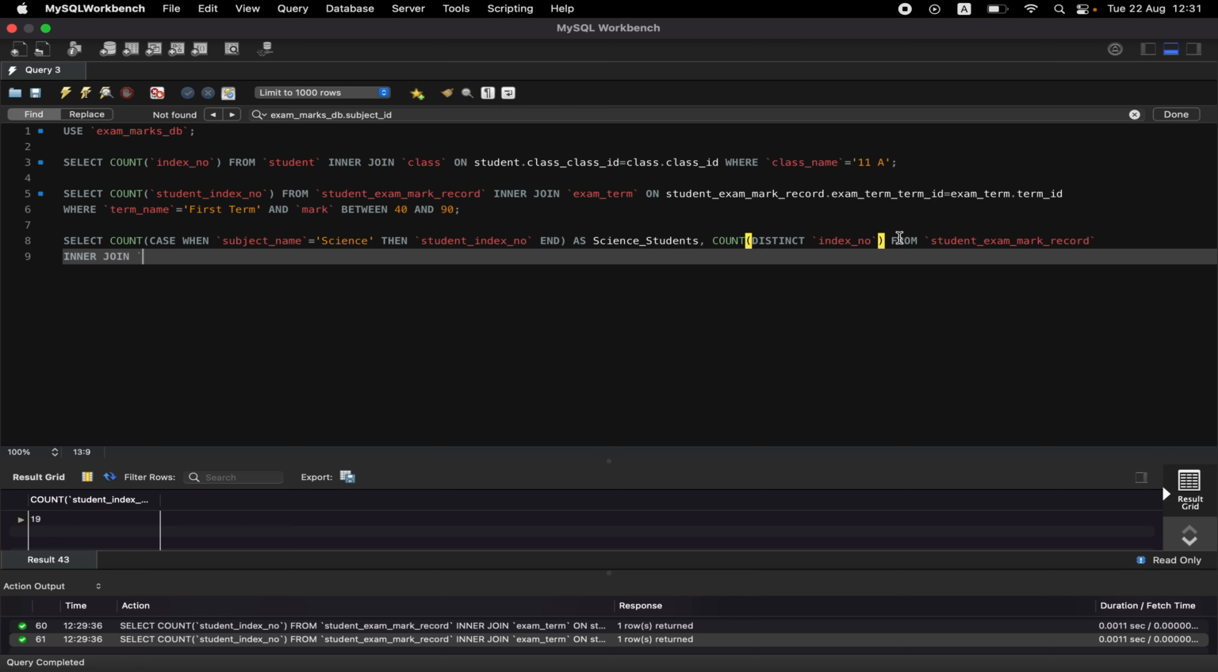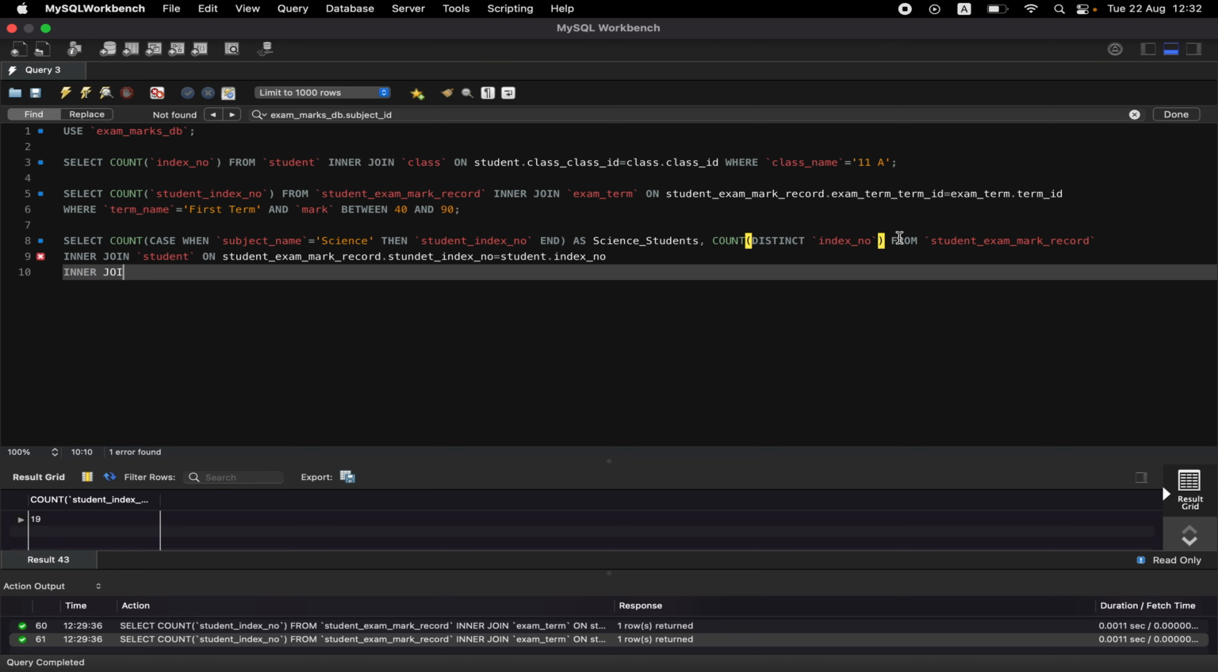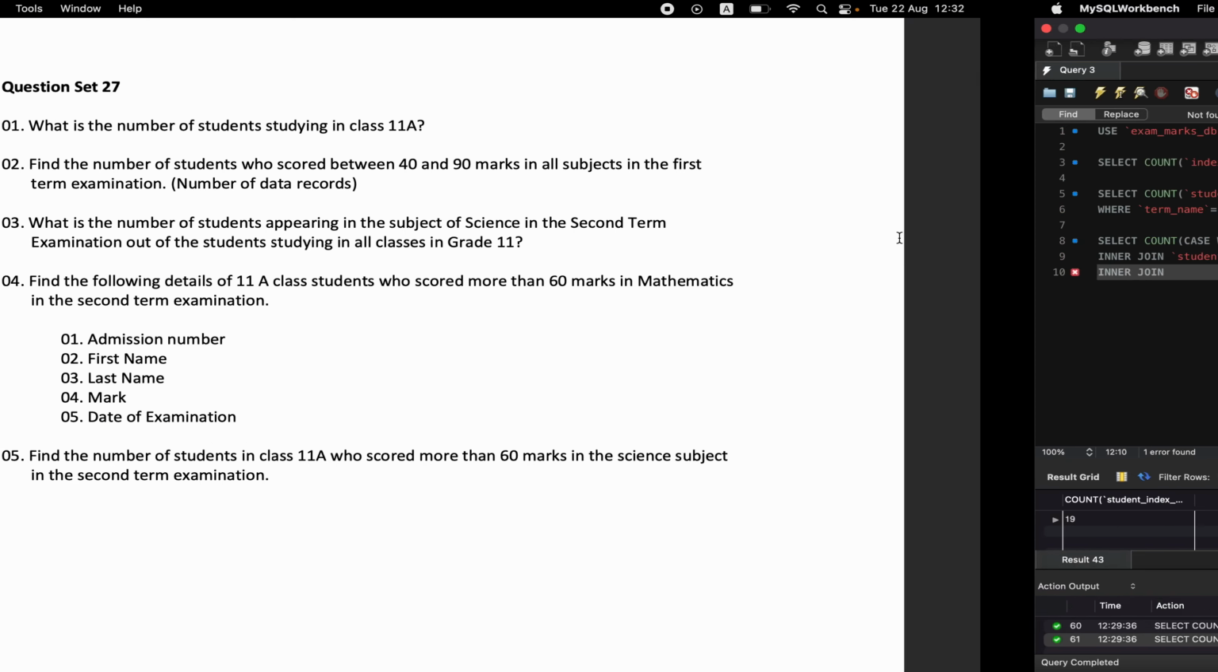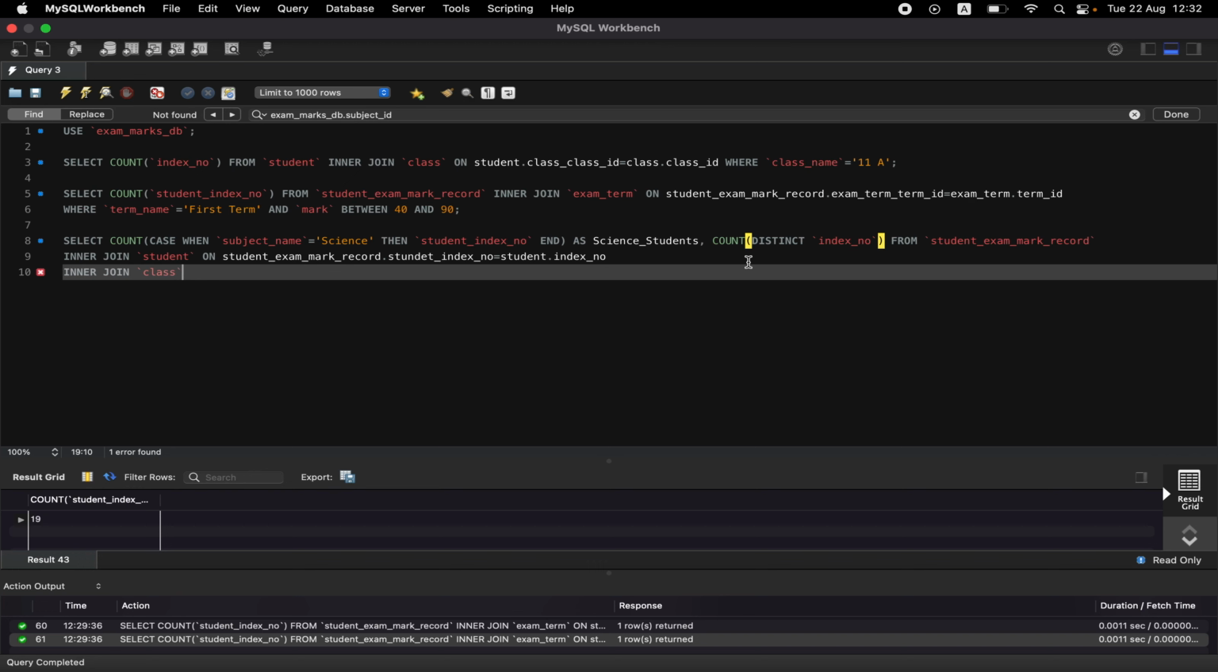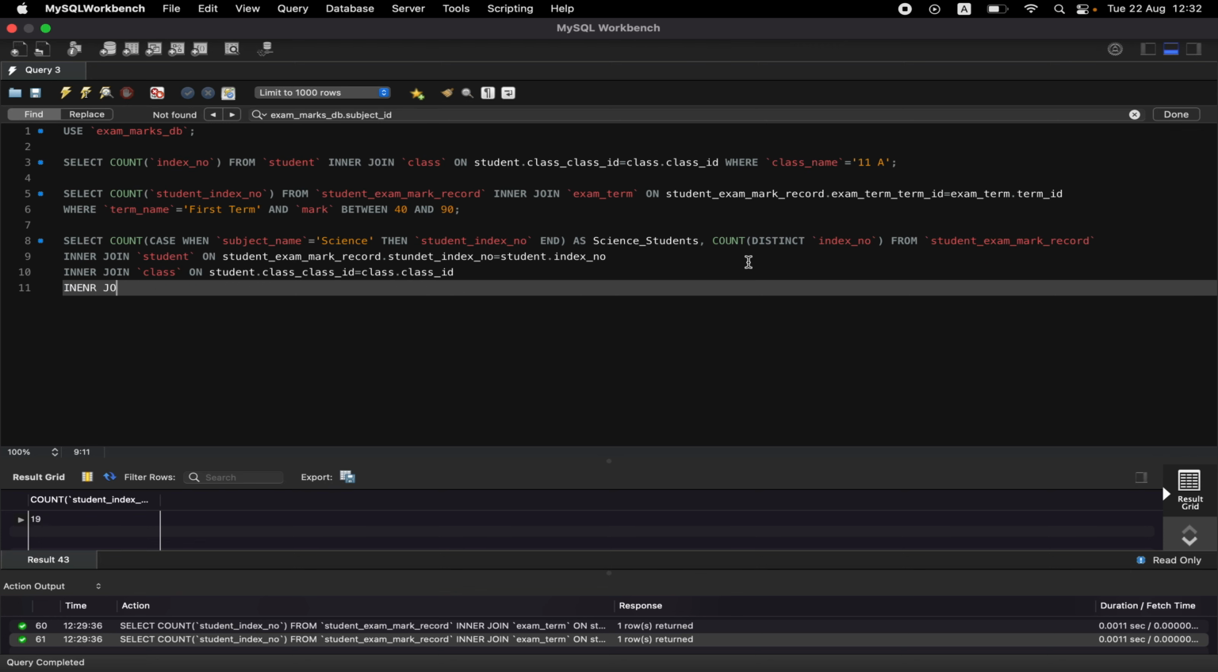The first inner join is with the student table on student exam mark record dot student index number is equals to student table index number, and next inner join is with the class table on student dot class id is equal to class dot class id, and again inner join